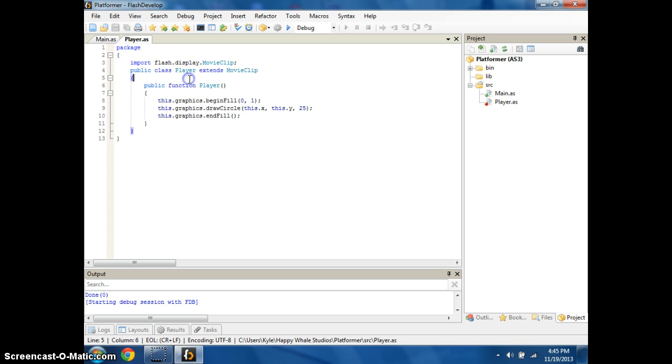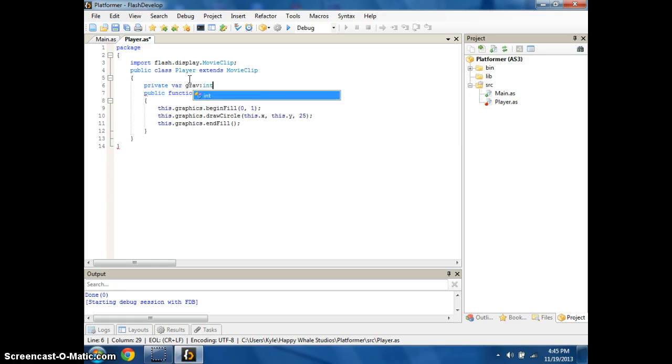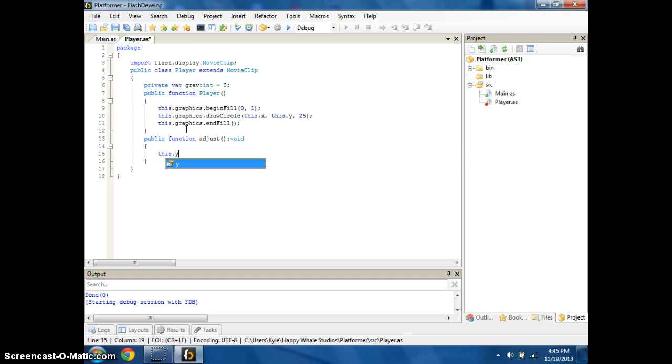So this is something I'm going to handle in the player's class itself. We need a variable to hold it. Private var grav, make it integer, and we're going to need another function. I usually just call it adjust. So in here we're going to say this dot y plus equals grav plus plus. So now, we run this again,